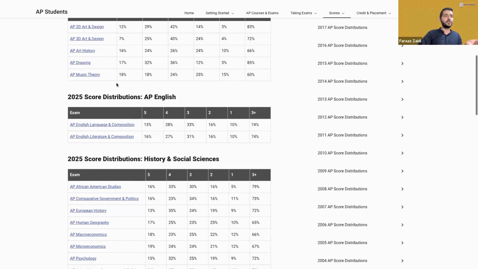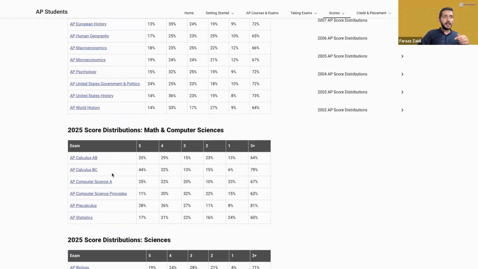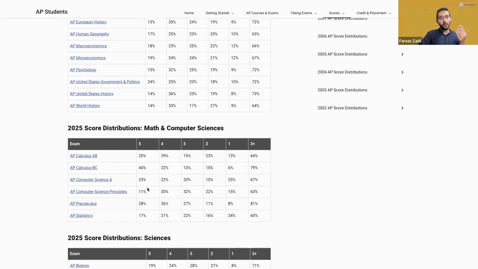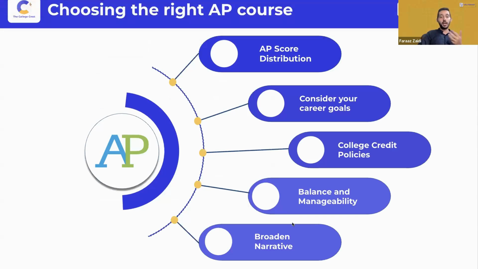You could see these percentages really do go up to 19%, 18% when you're looking at macroeconomics. Within maths, you see this jumps up to 44% as well. Computer Science Principles stays at 25%. So while you're deciding which AP to go for, it's really wise to look up and see what the opportunities are for you to actually get a full score on it. What's the chance of you getting a 5 out of 5? Because largely you want to take up those APs where you have the maximum chances of getting a good score. So looking at the score distribution as one of the first things before you select your AP is really one of those things that we do advise all of our students.